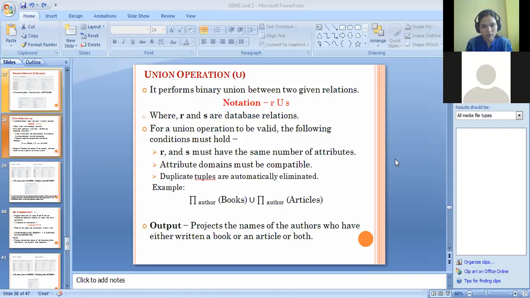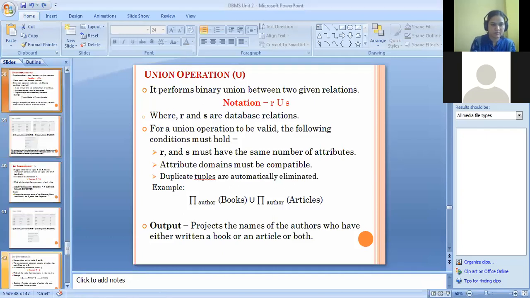Union, project author from the article. In this way we can perform the binary union between two given relations. Just note it down.